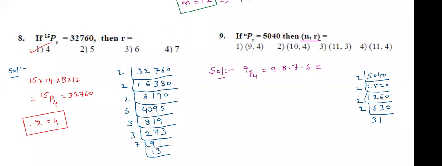5P2 are, sorry, 5P2 are. Next, 5 table. 5P6 are, 5P3 are. Is it correct? Yes. 3 table. 3P2 are, 3P1 are. Again 3 table. 3P7 are, 3P7 are. Now